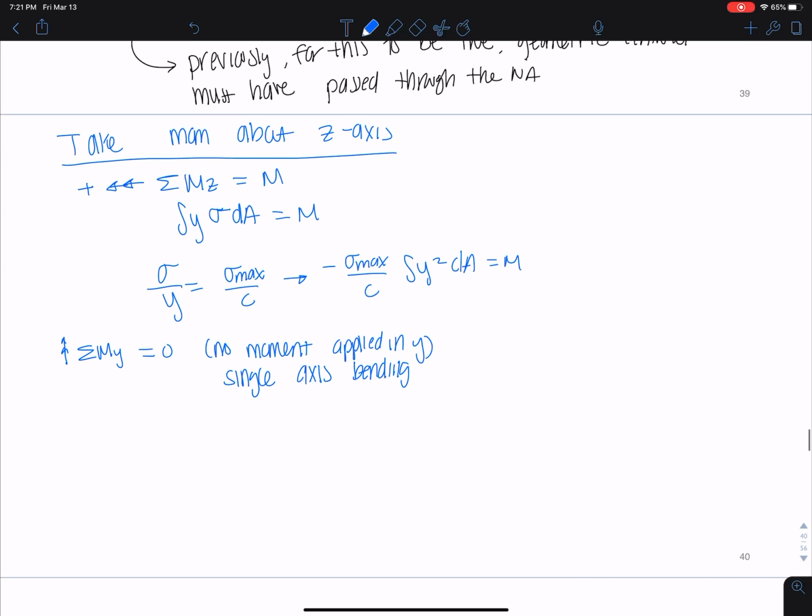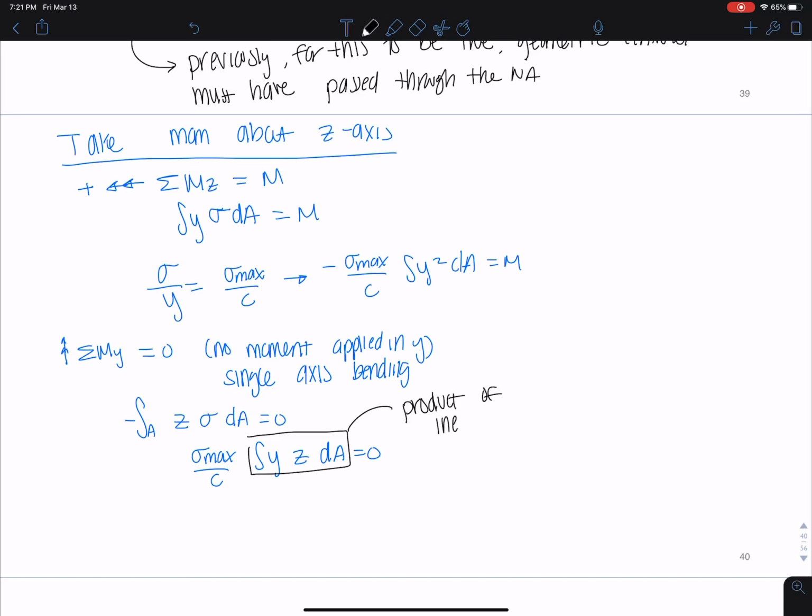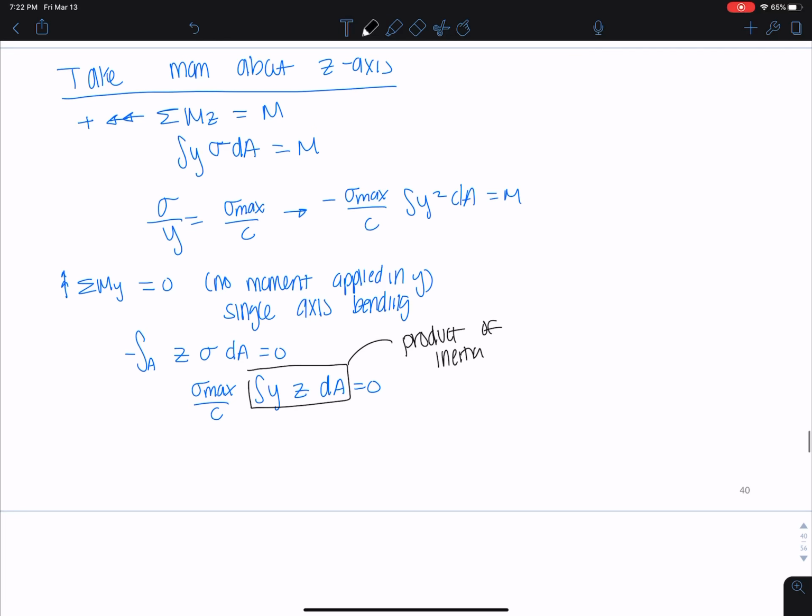Okay, so here, what's our moment arm? It would be z. And we would have sigma max over c, integral of y z dA equals 0. And this is a product of inertia now. This is not just moment of inertia. We call this the product of inertia. Okay, and this is I_yz, and this will be 0